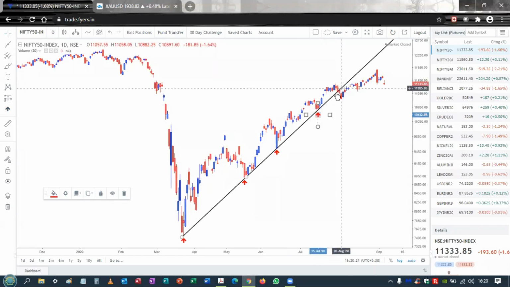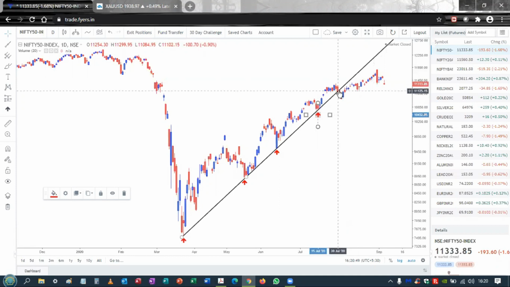At this point, however, if you see, there was a break from the trend line. However, as I said, whenever a trend line breaks, it does not necessarily mean a reversal in trend. If you remember from my presentation, I told you that whenever an uptrend line breaks, one of three things could happen. One is that price could consolidate, other is that price could reverse and start declining, and the third is that price could continue to rise, which is what happened over here.